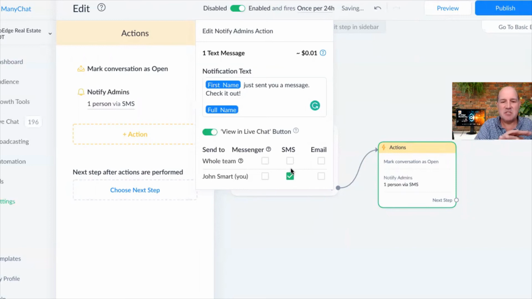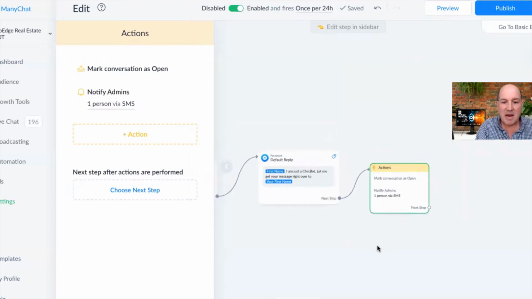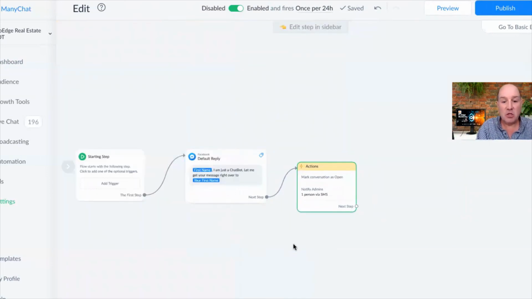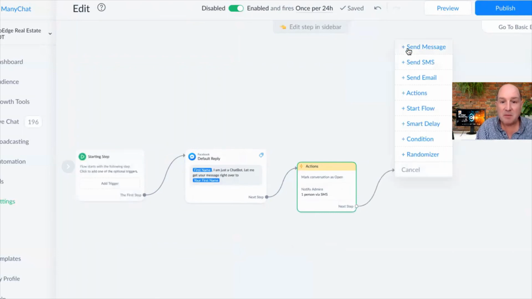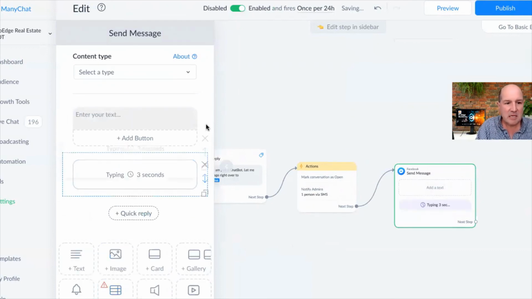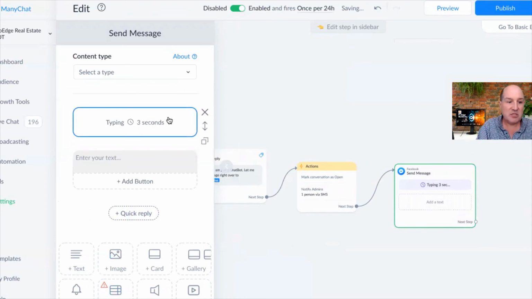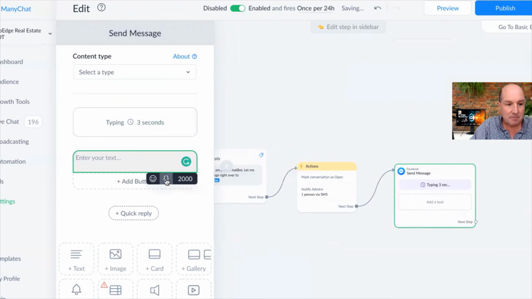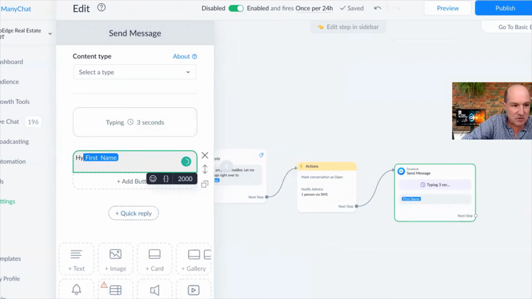But in this case, I've just done an automated response from Messenger back to the person, and then sent that notice over to you. I may finish this by going to another step and maybe send them a message up in here. And ManyChat has this great feature called Smart Delay. So after I send them the first message, I may wait 3 seconds and just say, hey, first name,